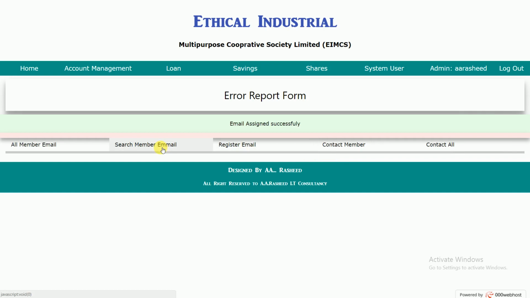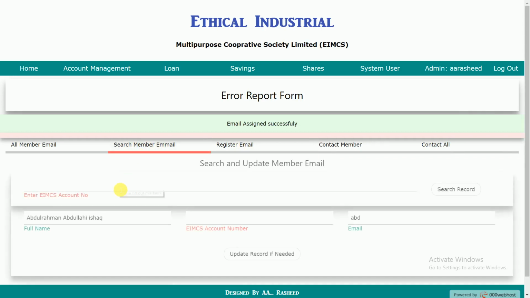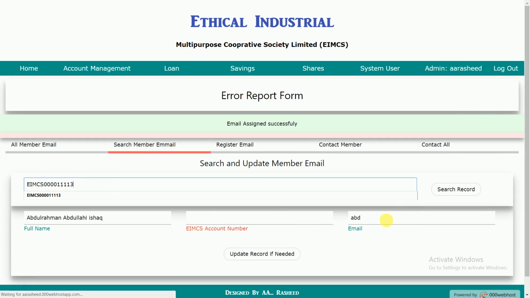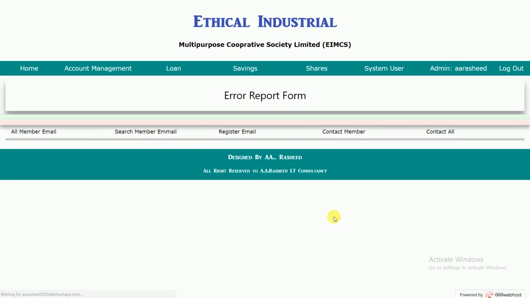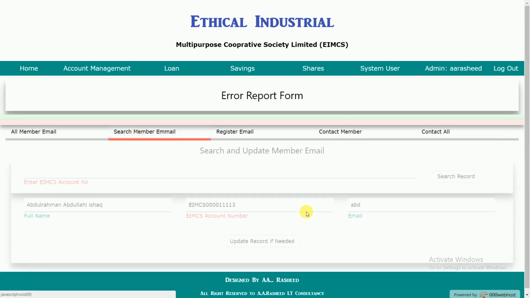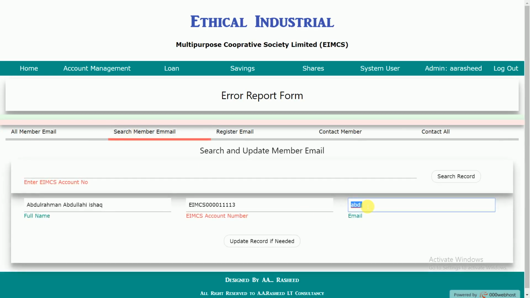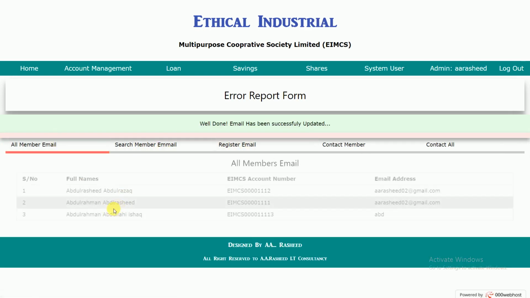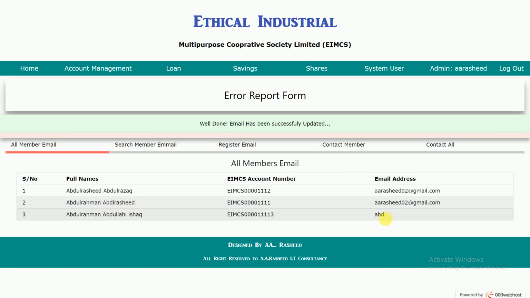I made a mistake. I went and inserted something here. As you can see, it's Abdu. So I want to correct it into abdurrahman.rashid02@gmail.com. Update record if needed. If you just want to view, you can view. Remember, as you can see, it has not reflected because I have to